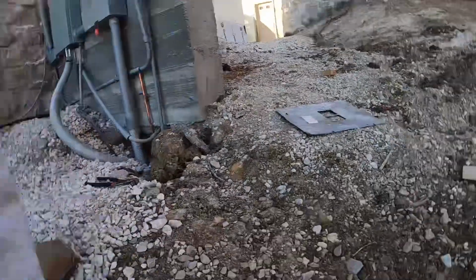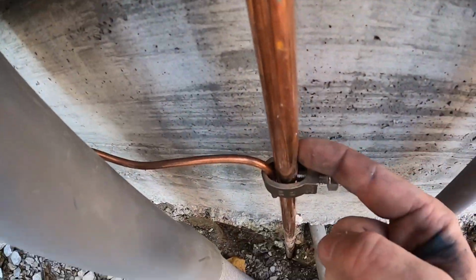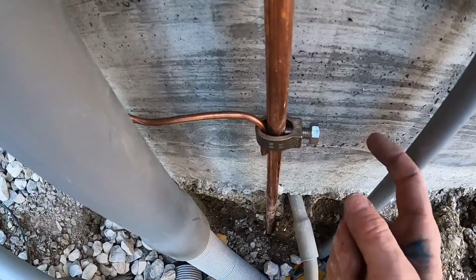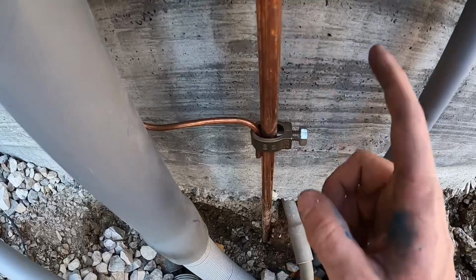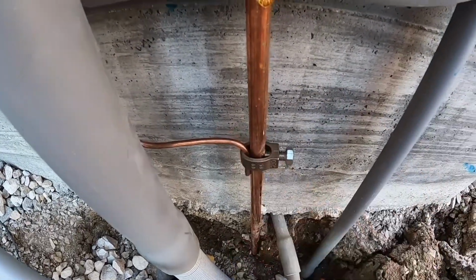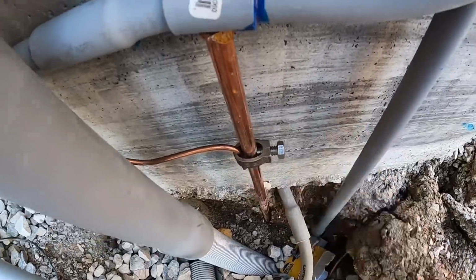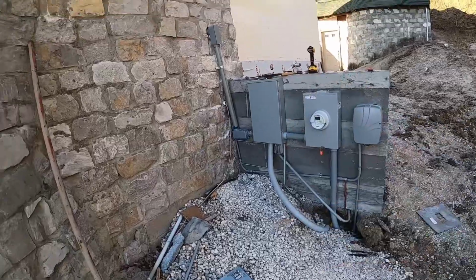So this is how I understood his comment, or her. I don't remember who it was, but the bolt goes on the ground rod side and the wire goes on the radius on the back side of the acorn clip. So my understanding is that's the actual proper way to put these on. So in the previous video, if you're a DIYer like I am, do not put the bolt on the ground wire. Put the ground wire in the back side of this copper acorn clip. They call it an acorn clip because supposedly that looks like an acorn. I guess it looked like a long acorn,